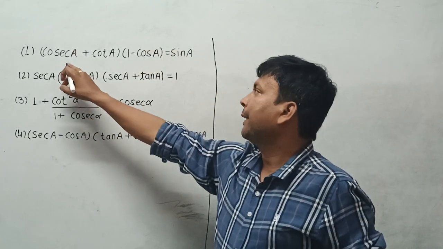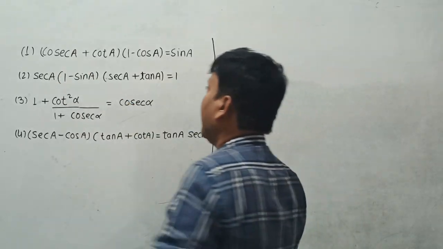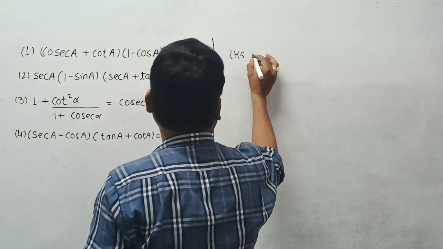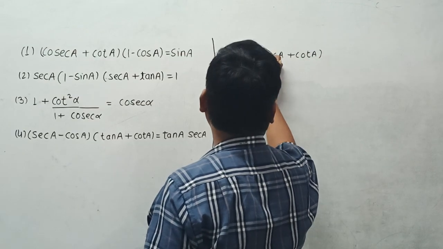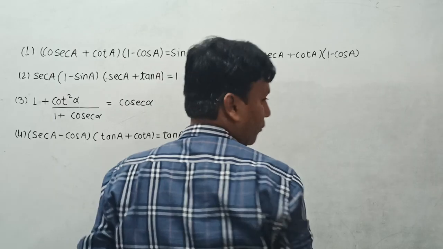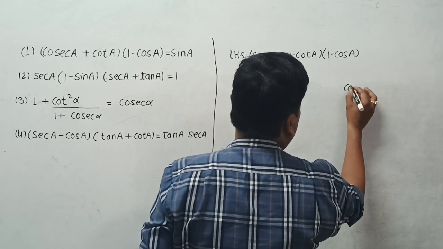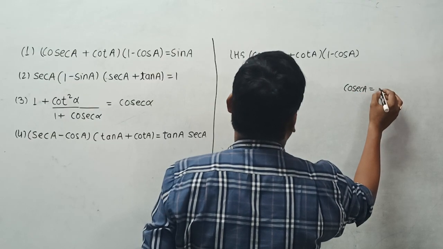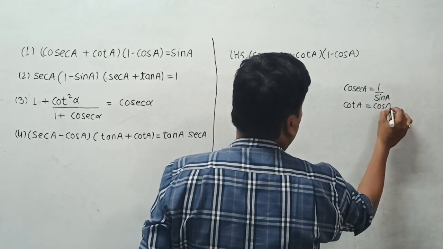पहला क्वेश्चन है आपका cosec a plus cot a into 1 minus cos a equal to sin a आपको प्रूव करना है। ठीक है, तो हम लोग यहाँ पे LHS लेंगे। LHS तो ये जाएगा cosec a plus cot a into 1 minus cos a। चलिए हम लोग जानते हैं कि cosec a इक्वल टू 1/sin a होता है और cot a इक्वल टू होता है cos a अपॉन sin a होता है।